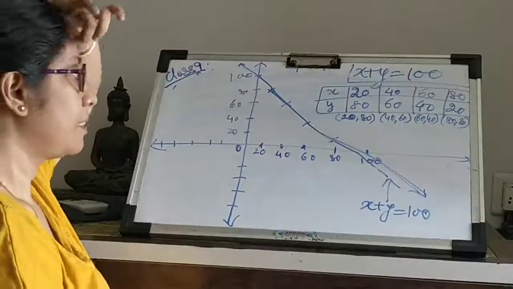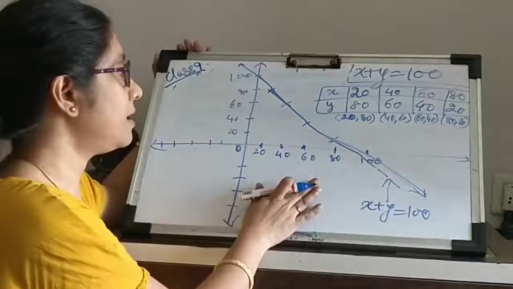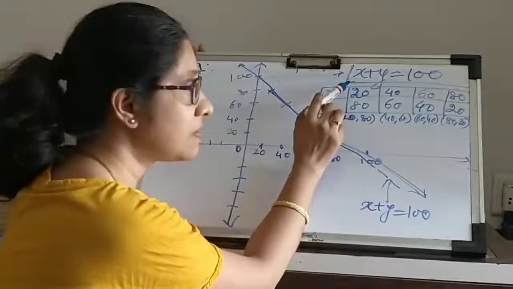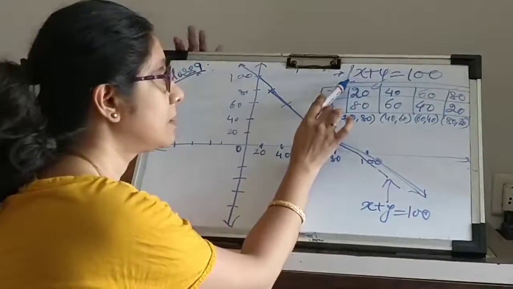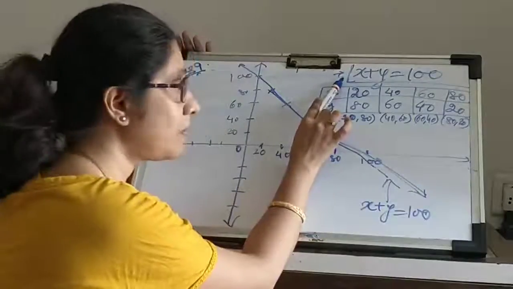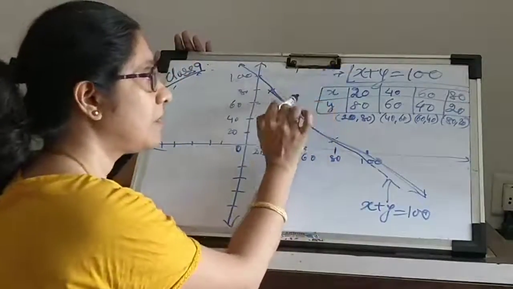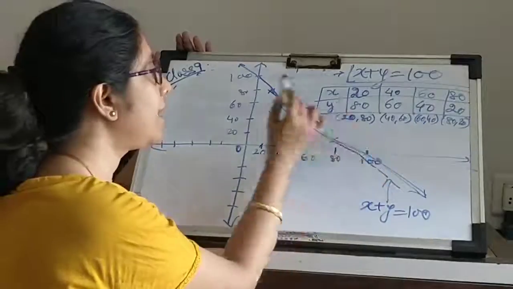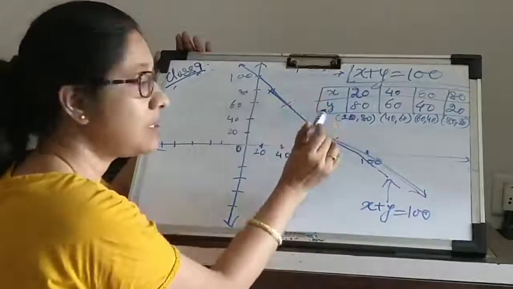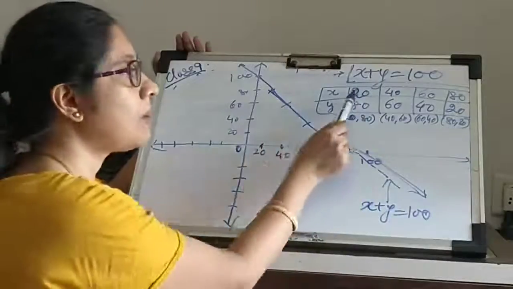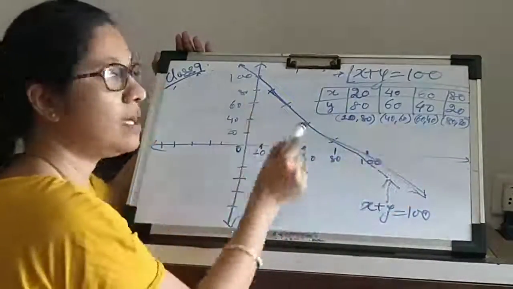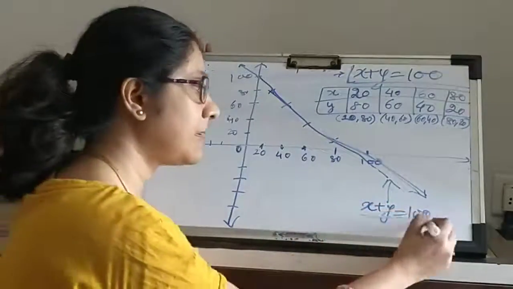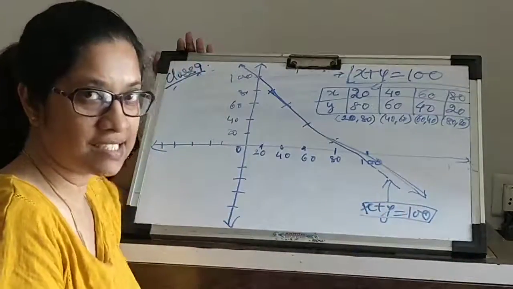Okay? Make sense? What I have done is, first, we simply used the information given in the word statement to represent it in the mathematical equation form in 2 variables. Then we figured out a couple of coordinate points that would lie on the line that represents this equation. And then on the graph, we simply plotted those solution points and joined them together to get a straight line that represents the equation. Right? This was simple enough.